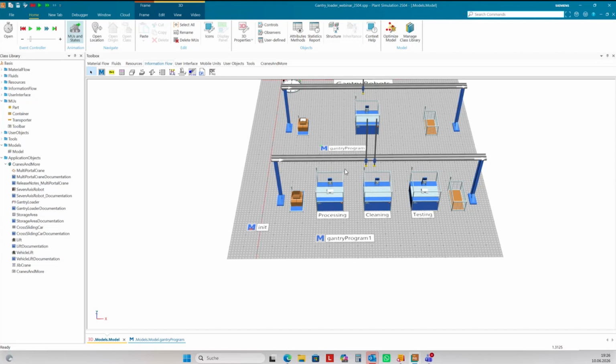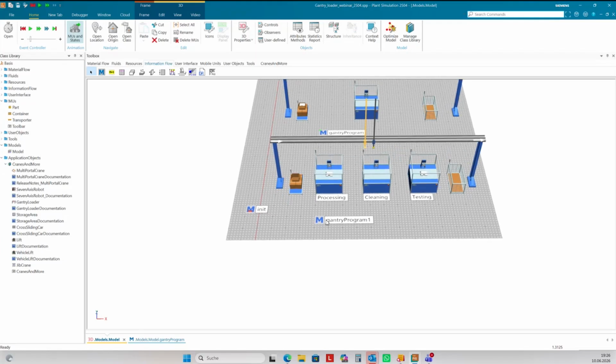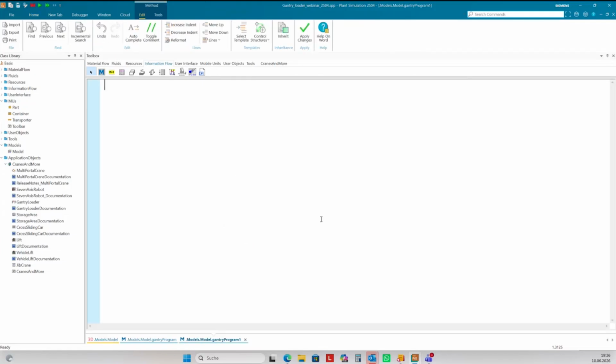And for all these steps, the gantry or the loader has a special method, or Siemens supports methods that encapsulate this type of movement. So first, again, I need a loader,